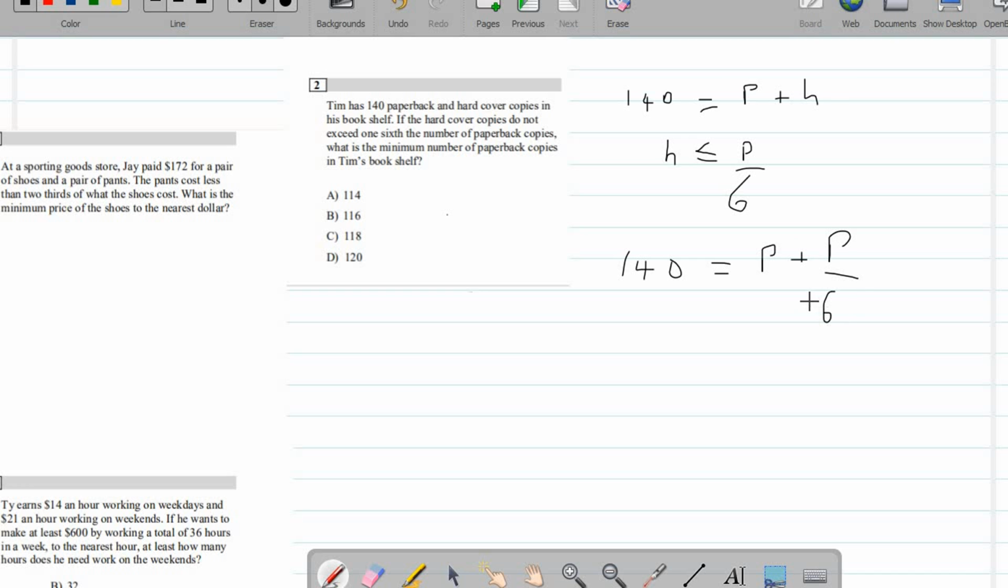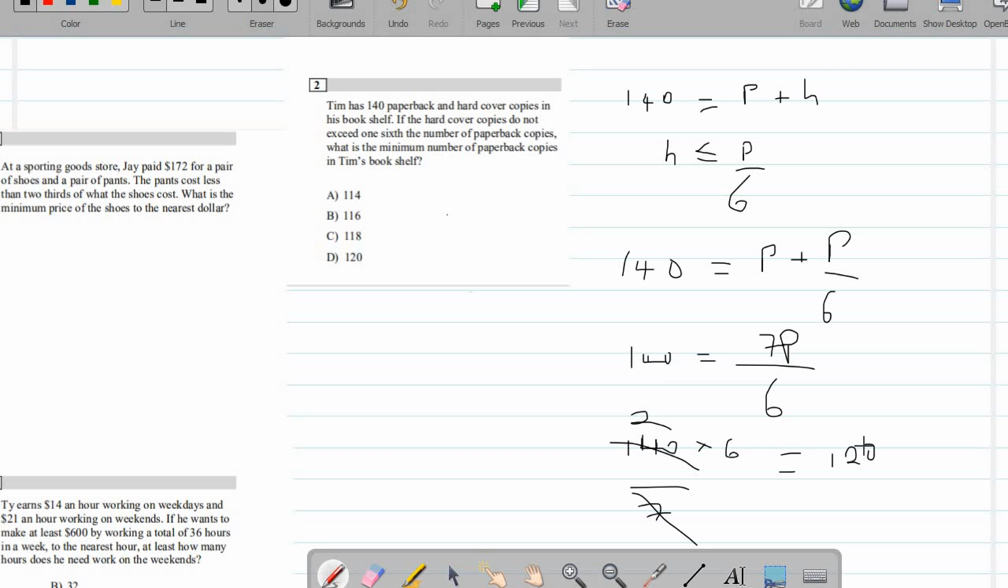Handling it old style, 6 times P plus P. We have 140 equal to 6P plus P, that's 7P over 6. Move 6 to the other side. We have 140 times 6 over 7. This may be a no calculator question and it will be easy for you to cut. 7 and 14 will give you 2. So you have 20 times 6, which is